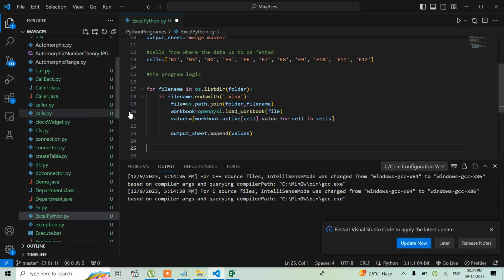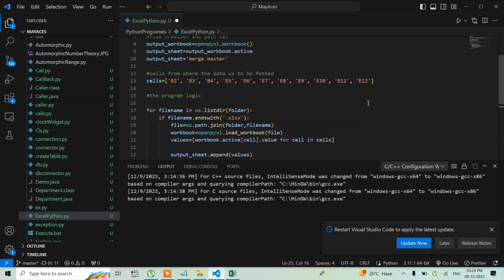The first file which it is getting from the iteration within this folder, that particular file having an extension is being loaded within the workbook, and from the workbook active cell I am taking the value, and from these cells the values are being stored, and then within that output sheet it is appending those values, and one by one when it is fetching those values, finally when that sheet has been completed,